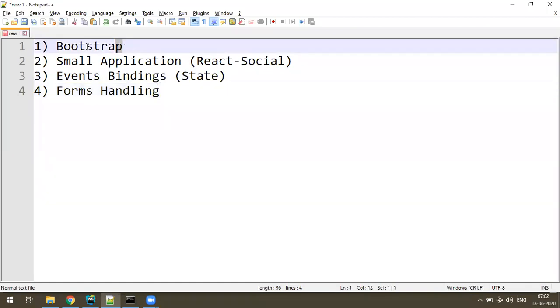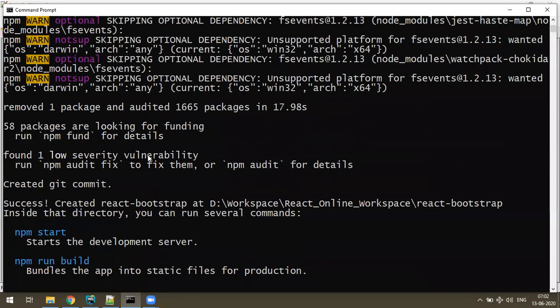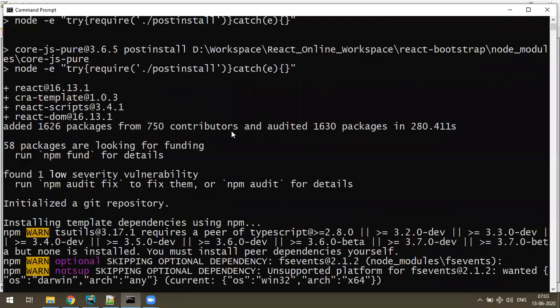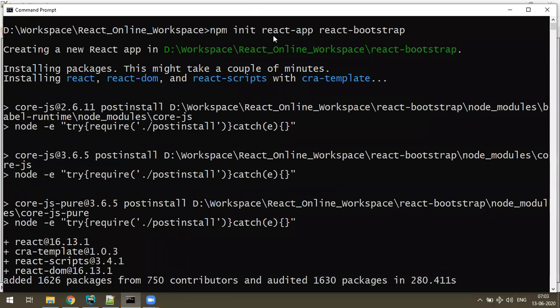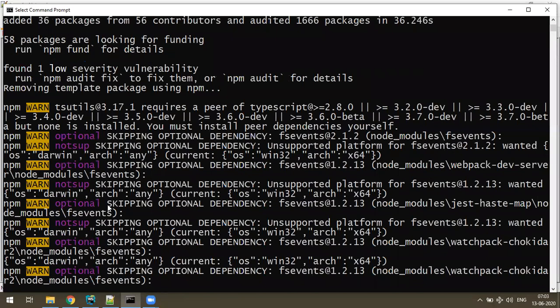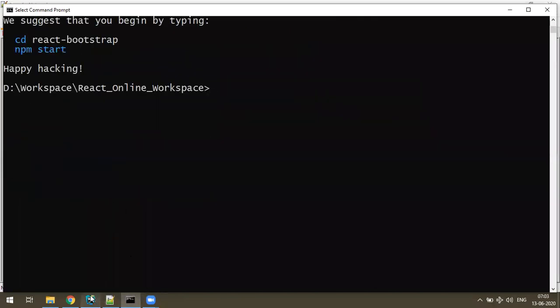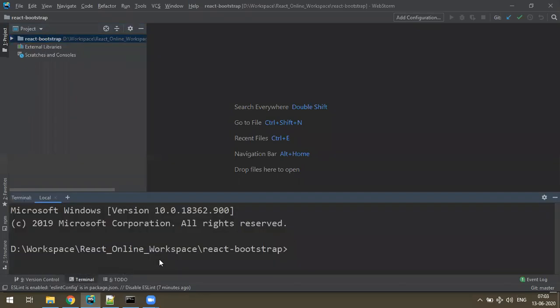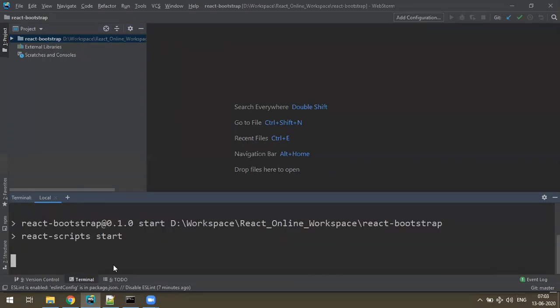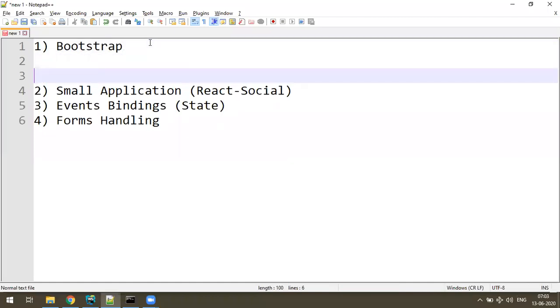So to connect Bootstrap, I have just now created a fresh application, you can see the logs here. I made npm init react app and created a new application called React Bootstrap. It is already done, and I have already loaded that in my WebStorm. Okay, so let me start this. npm start. It starts, and meanwhile, to connect to Bootstrap,